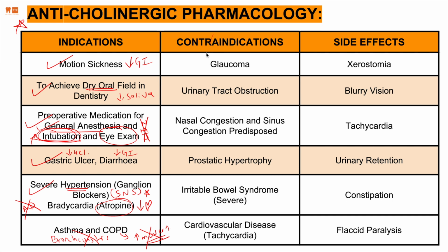When should we not be using anticholinergics? Well, in glaucoma, because it works opposite to cholinergic. This one will increase intraocular pressure, and that's very damaging, guys. Urinary tract obstruction, when we already have an obstruction and we further reduce the urine output. Nasal congestion, when you already have congestion and then we reduce the sinus secretions. Prostatic hypertrophy, the size of the prostate will increase, causing obstruction of the urinary tract, and further these drugs will